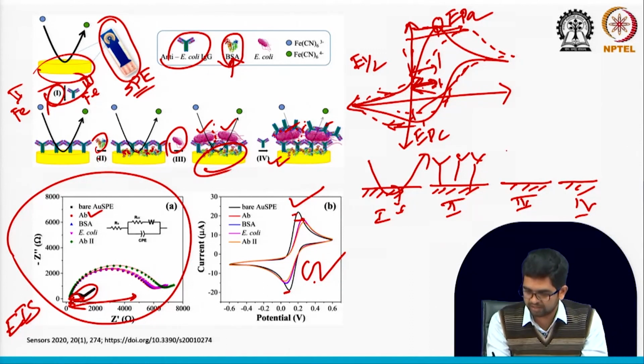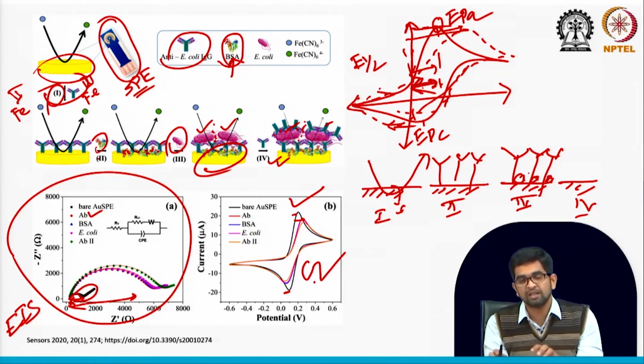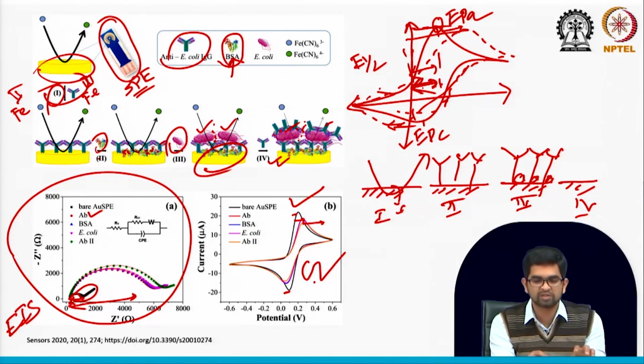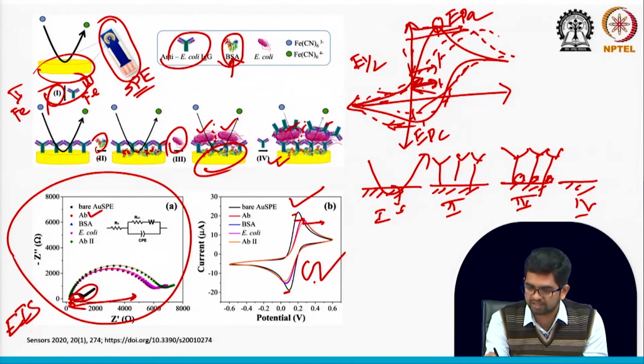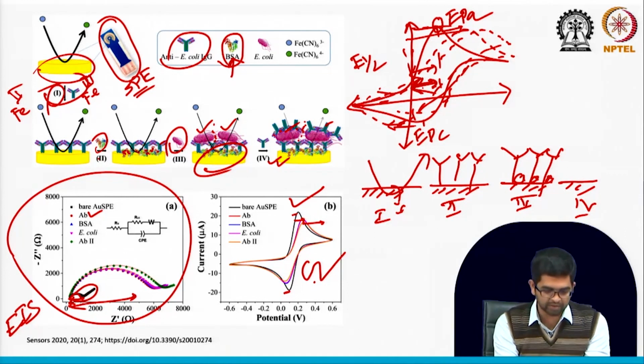Now, let us come to the third step. So, antibody and then we add some BSA. So BSA we add, definitely it is a small protein, but still your impedance will increase. That's why you can see after BSA, in the cyclic voltammogram, the current again decreases. See this one, current again decreases and is a little bit shifted, because this is not much decreasing, but still decreasing. So you will see that change in cyclic voltammetry like this, and accordingly you will see the change